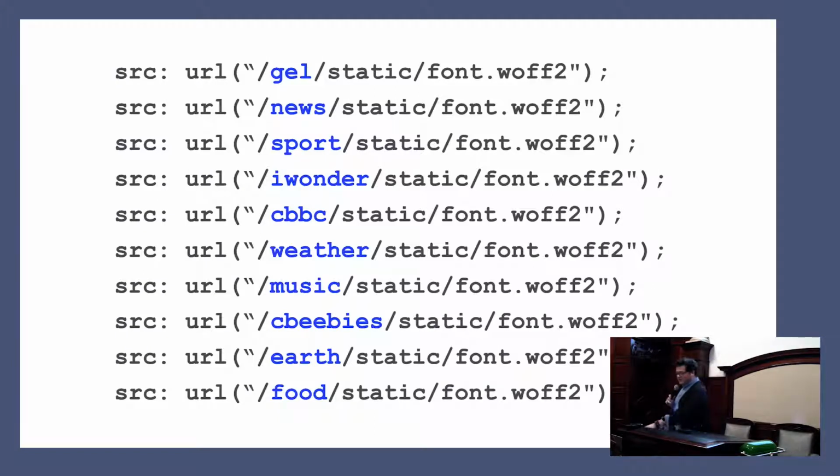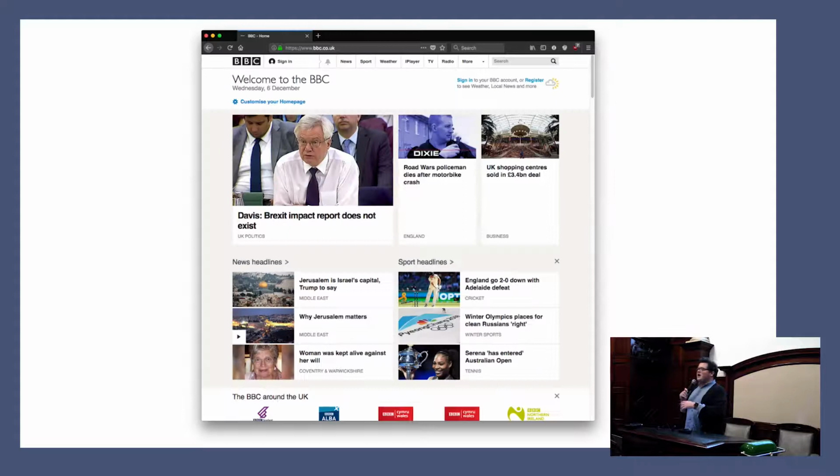It can't figure out that these WOFF files are all actually identical, so it will cache them again and again and again. And just that results in a bad user experience. Like, take for example, a perfectly normal day on a BBC website. You open up your web browser, your home page is bbc.co.uk, because why the hell not? And there's a new website, there's a new font even, and it downloads the font, and you've got it,